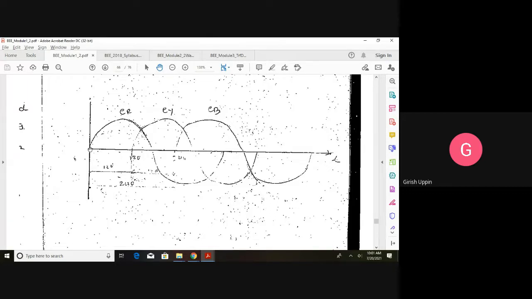And from the reference, you can see this is the B. This is the waveform for the B phase. It is lagging by 240 degree, means from the reference point where R phase starts inducing the voltage, it takes 240 degree, and after that it will start generating the voltage. So that's why the equation for the EB is equal to EM sine omega t minus 240 degree.